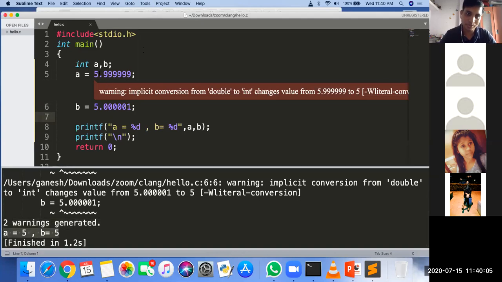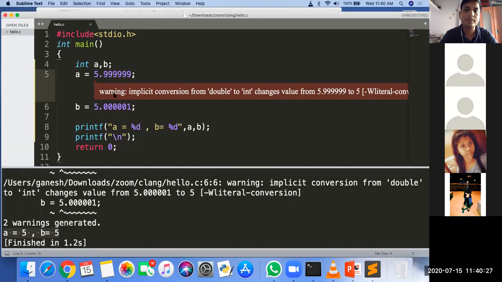Why? Because when there is a conversion from a float number to an integer, all the fractional part gets discarded. It is not rounded up. It discards whatever your fractional part is, and only the integer part gets assigned to the integer variable.